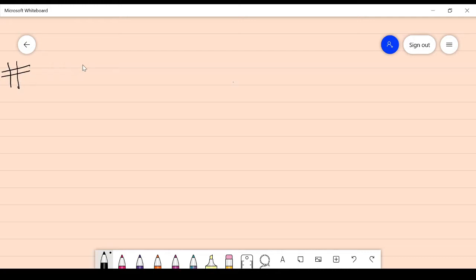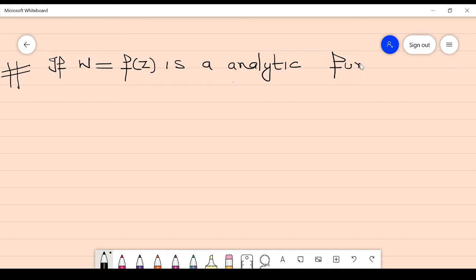If w, which is equal to f of z, is an analytic function, so this is an analytic function of z, then prove that